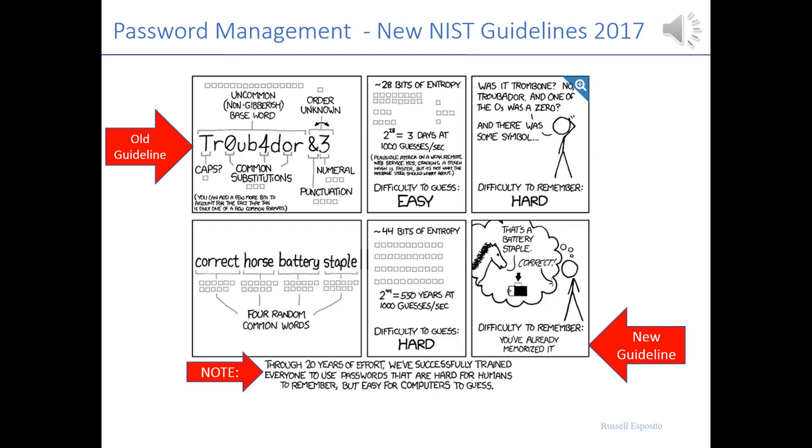In 2017, the same author who created the old guideline admitted that things have changed, and he now recommends a new guideline, which is 12 characters or more. Now, at first, don't bristle at 12 characters, which I did originally too when I first heard it. But you could do a phrase like this one here: correct horse battery staple. It makes no sense. It's not something somebody's going to guess. But if you can remember that in your brain,